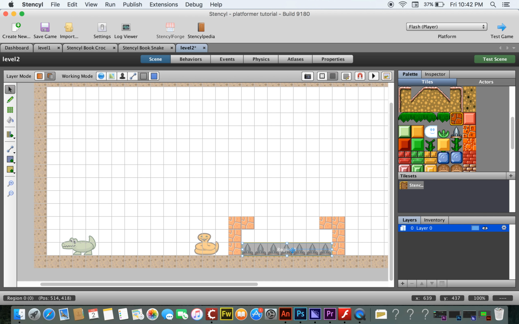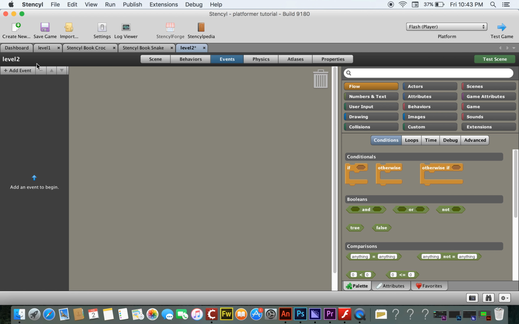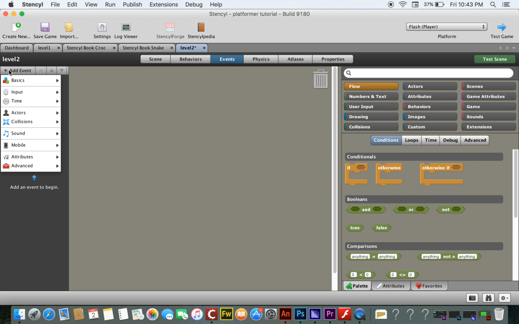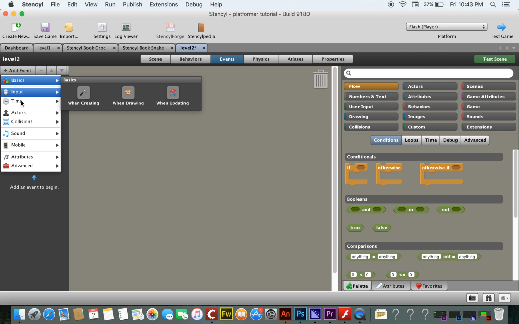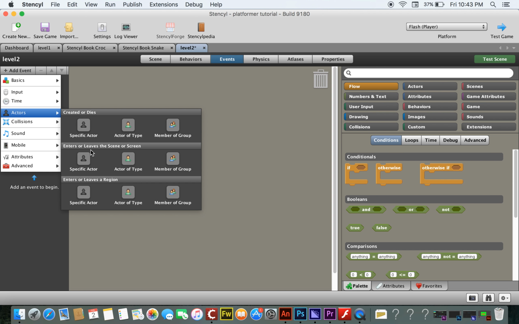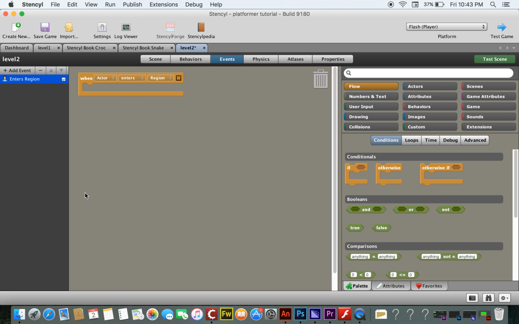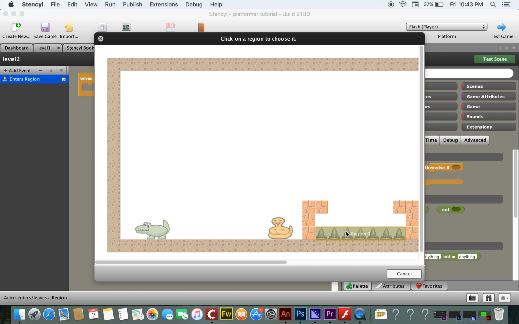This is region 0 for level 2. And then we go over to the events for level 2. And we say actors, add event, actors, specific actor enters or leaves a region. So when, choose the actor, crocodile, enters, choose a region, region 0,